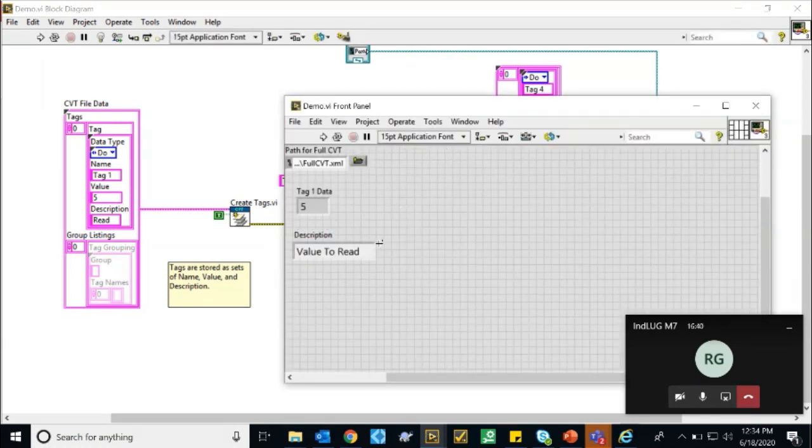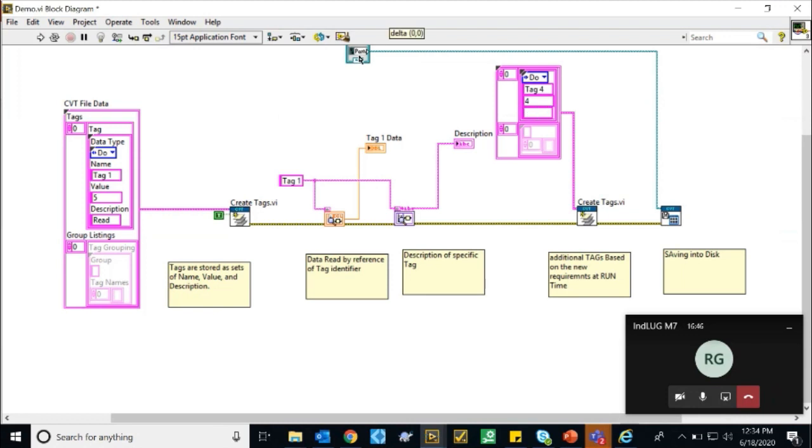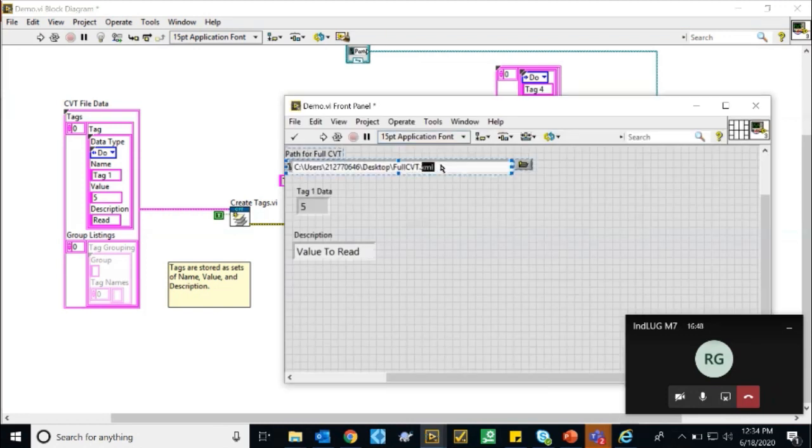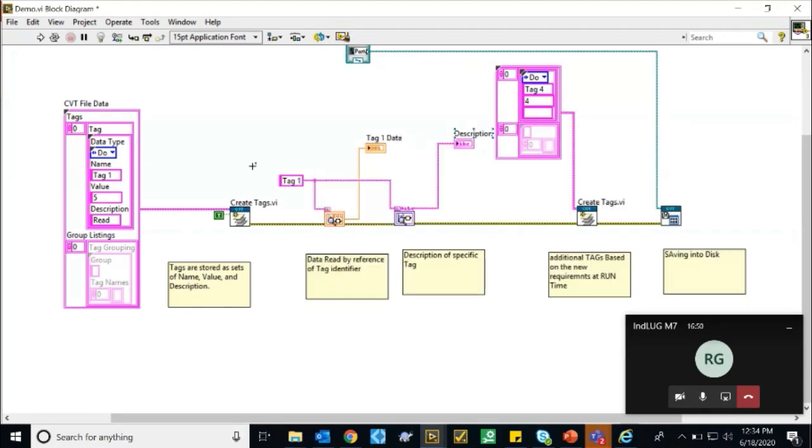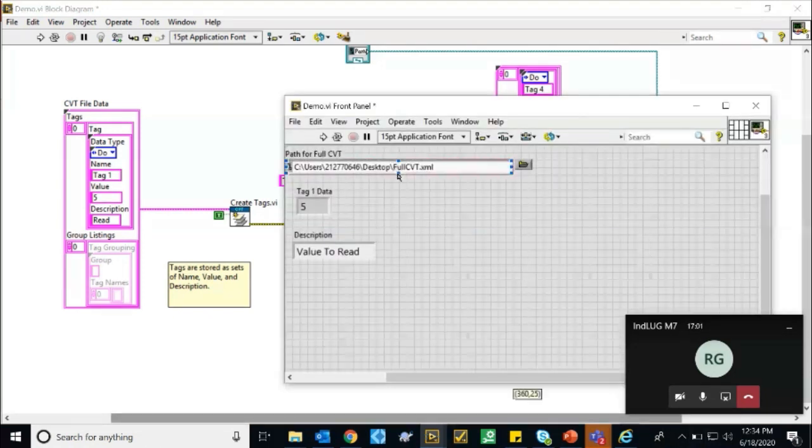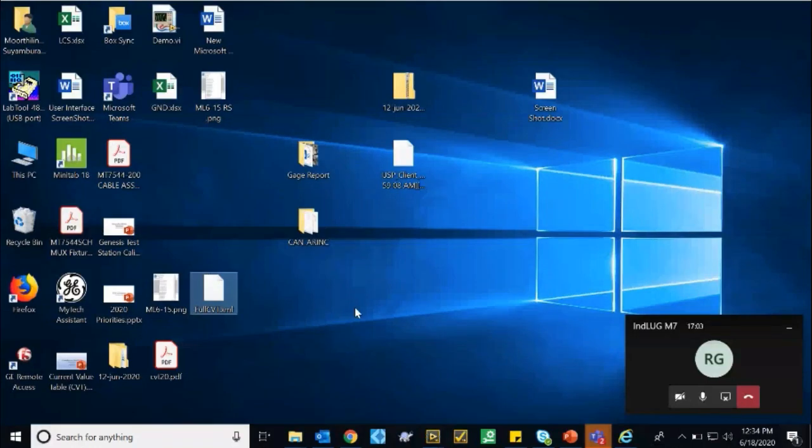So I am able to read the same tag information and tag list. I'm storing it into a file in the form of an XML file. After this, in addition, I'm adding one more tag at runtime. Additional tags can be added based on the requirement. This will be stored into the full CVT XML file. So I just want to show this.